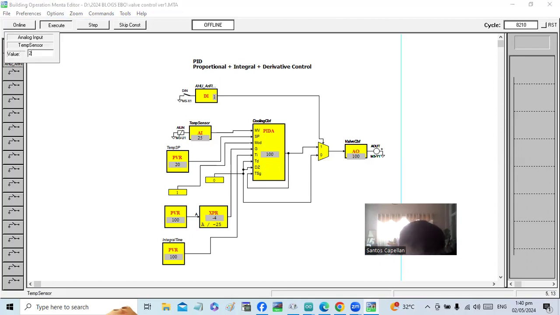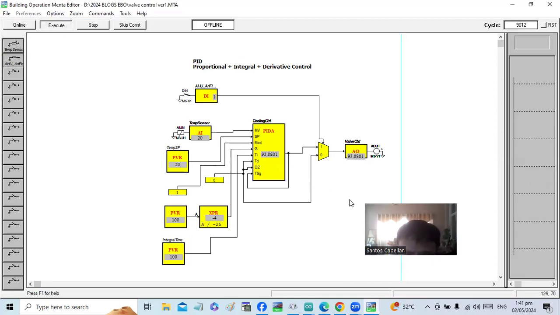Let's say it becomes 23. As you can see again, my controller responds. So 23, it's almost there. Let's say this one is 21. Let's see what will be the response. 21, okay. So let's say it becomes 20.